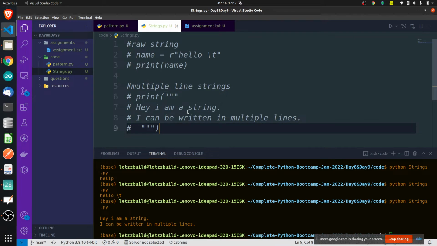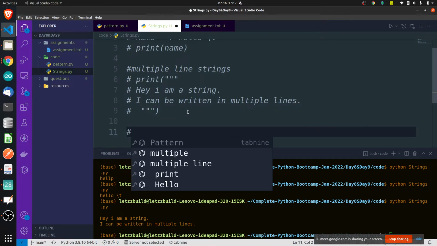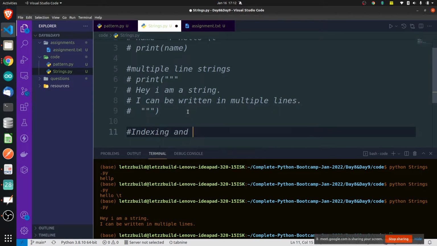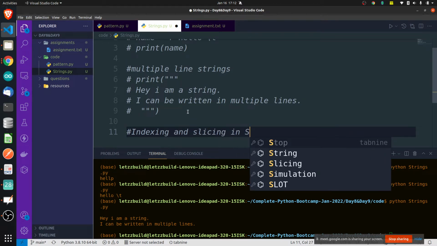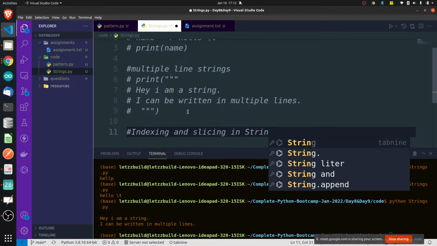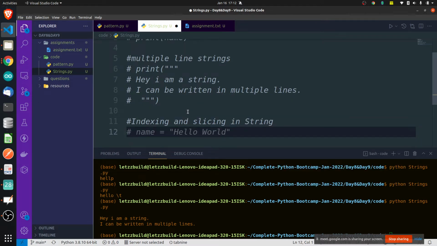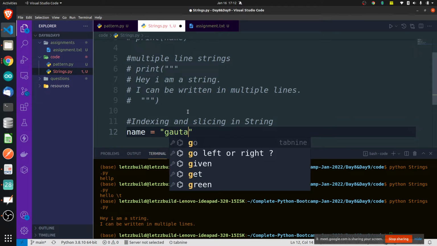Now let's study indexing and slicing. Same indexing and slicing we discussed yesterday. Same thing will work here also. Let's say we have a string, name, which is equal to my name. This is my string.